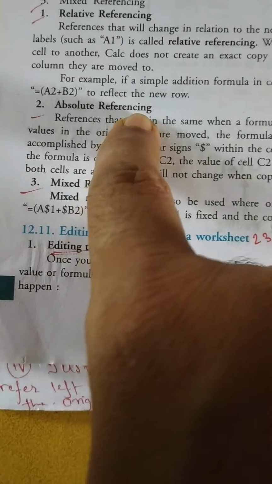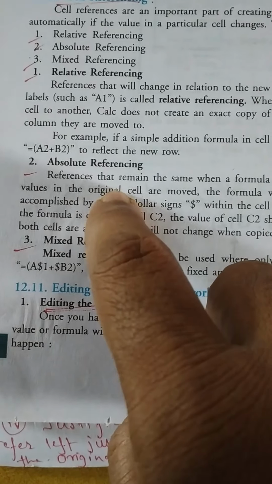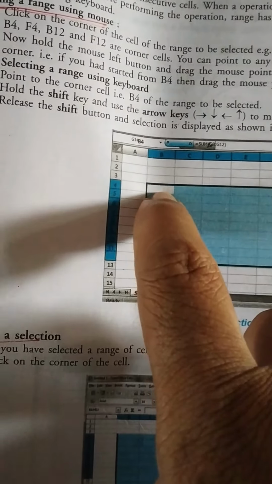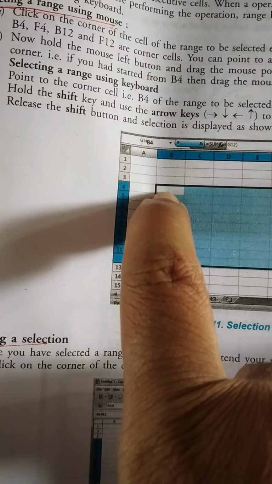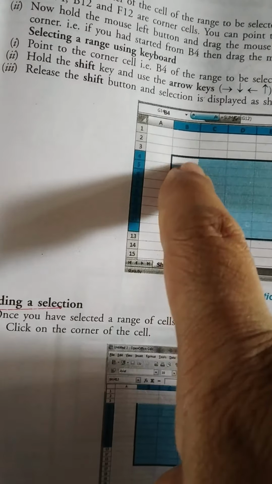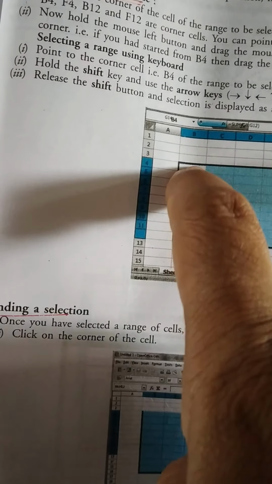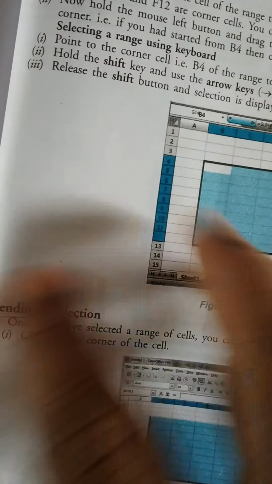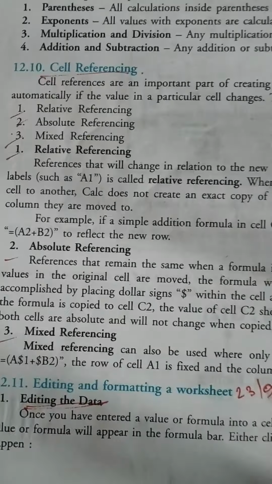Now see, absolute referencing, it is just the reverse. When I drag my formula from here till here, whatever formula I have written here will keep up till here with no changes with respect to cells. That is, यहाँ से यहाँ जब खींच के ले आएंगे तो रिलेटिव में चेंज होता चला जाएगा, एब्सोल्यूट में चेंज नहीं होगा. Then what is the technique?